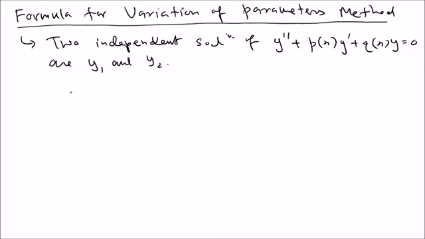That's always the first step. We find two linearly independent solutions of the standard equation, and then the particular solution is given by